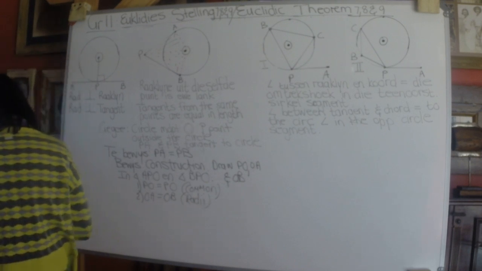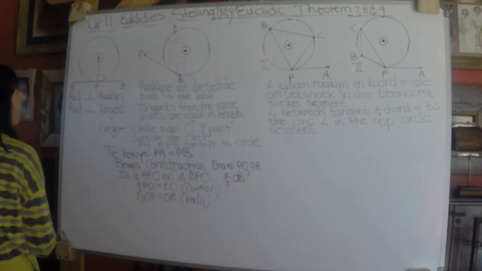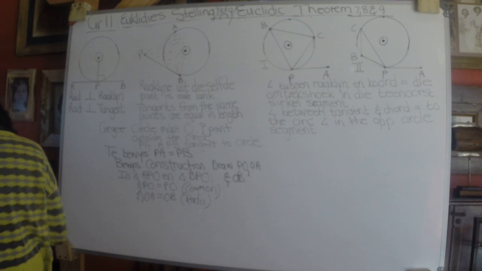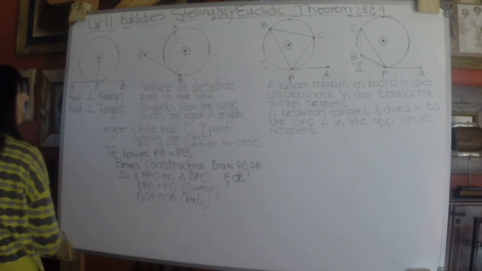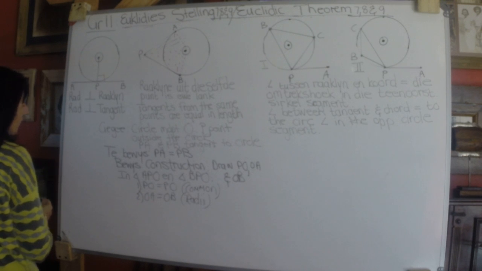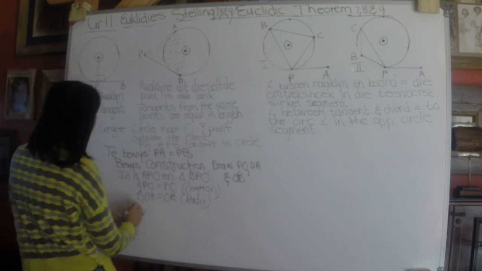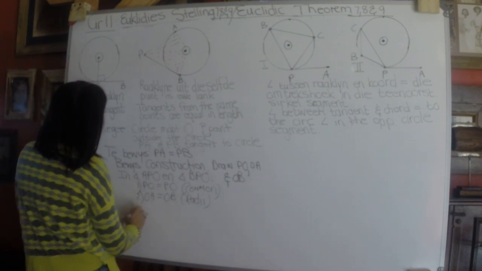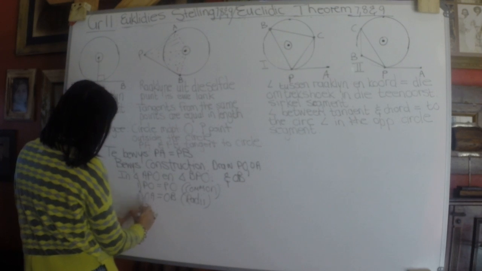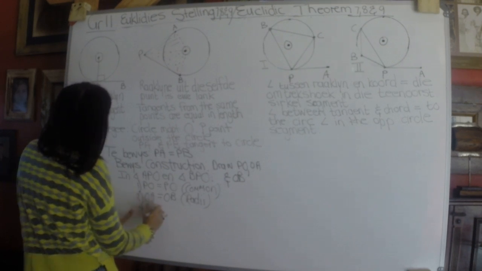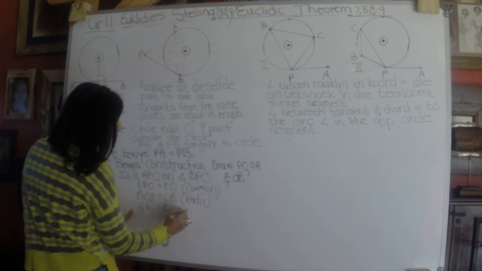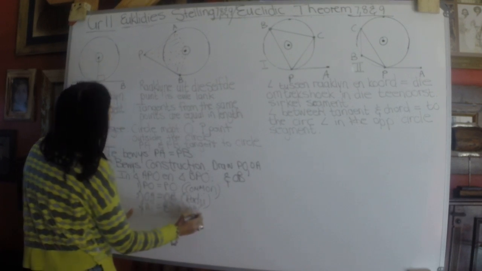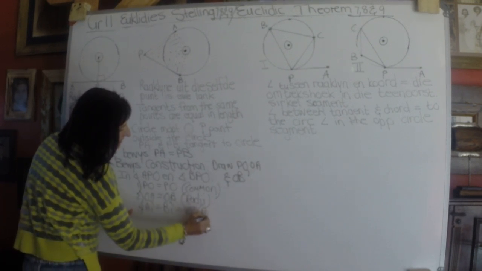And then the last one, we've got number 3, A1 equal to B1 equal to 90 degrees,